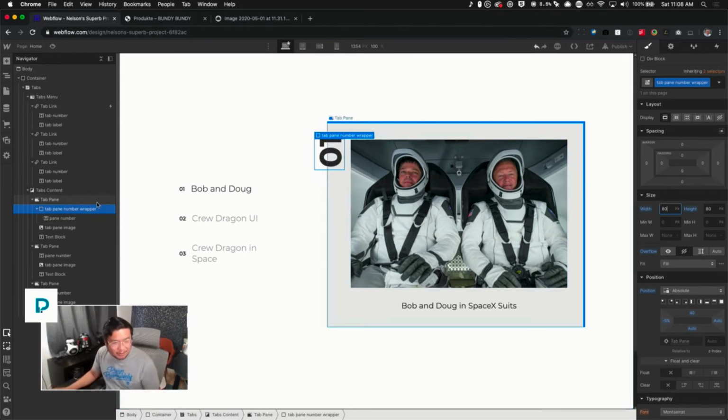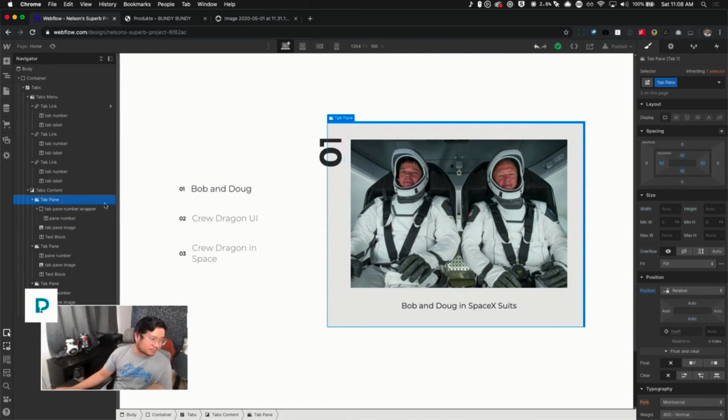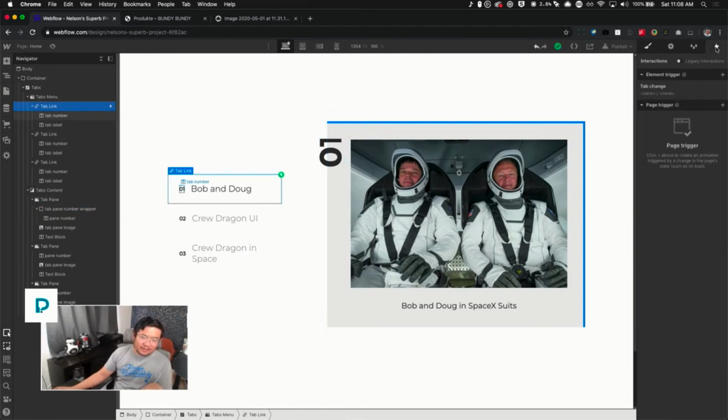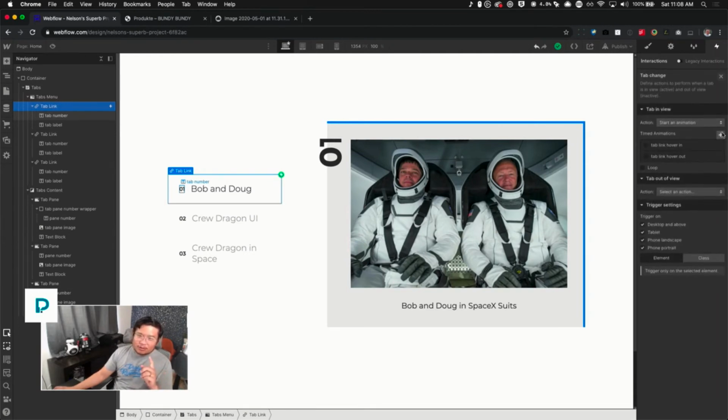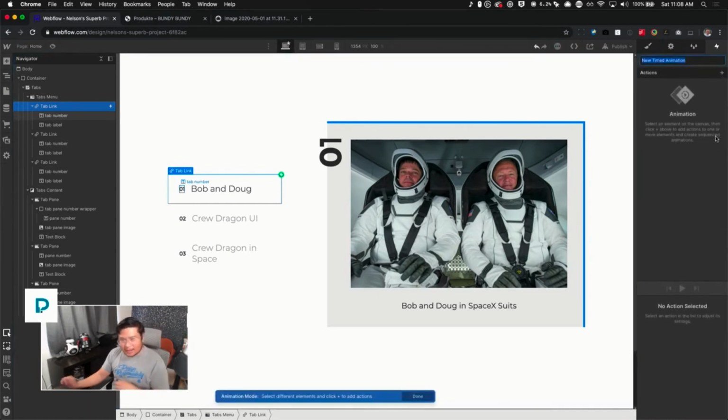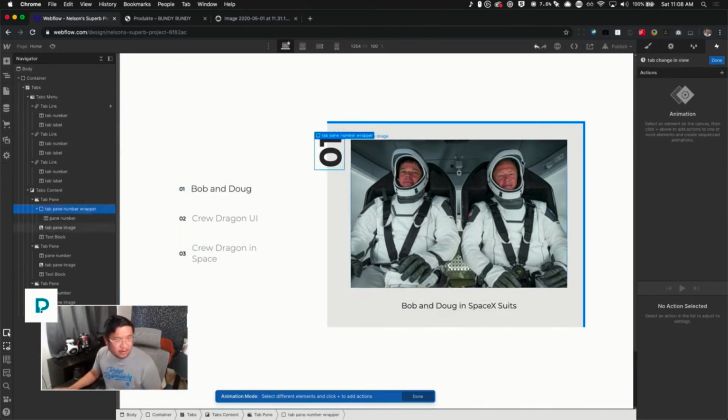All right, so back at it. I'm probably gonna start the clip again here, but TabLink element trigger. We've added a tab change, and so we're gonna create an animation, a new one. So plus, and we're gonna call it tab change in view. You can name it whatever you want. And we're going to select Tab Pane number wrapper,